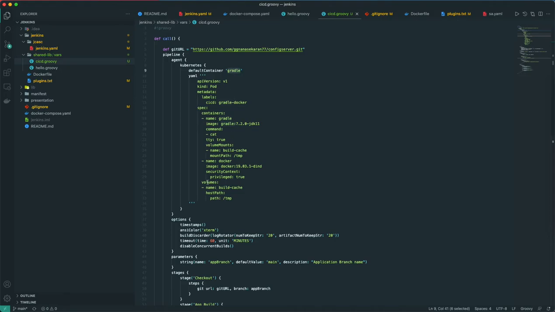Here we are using a volume, /temp. Usually a Java application has to download a lot of dependencies. If you are not using any cache folder, every time it has to download the complete dependencies, and that will take a lot of time.